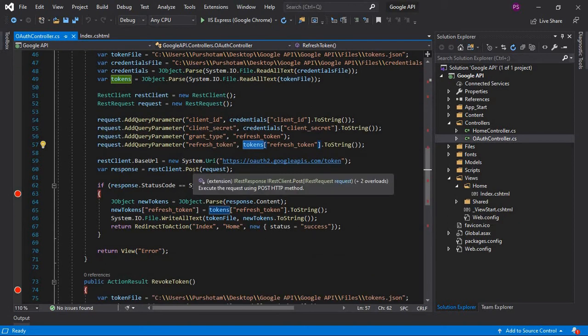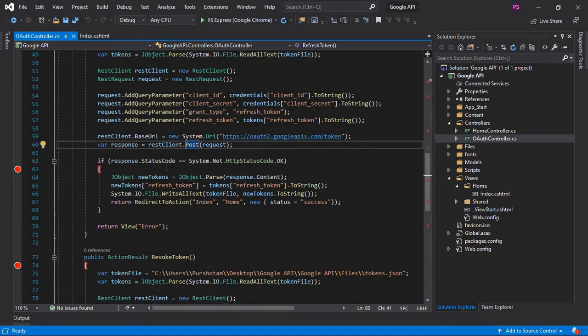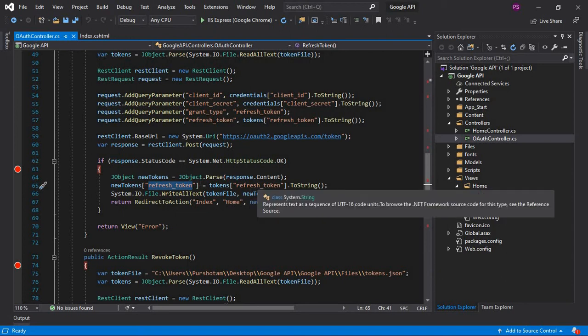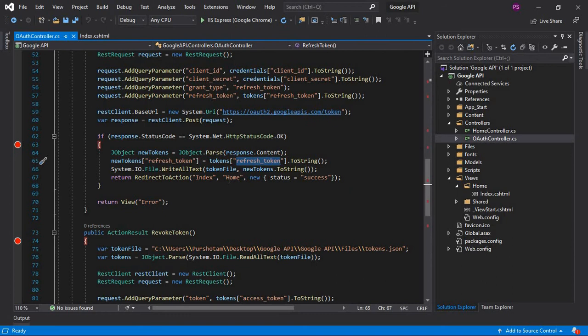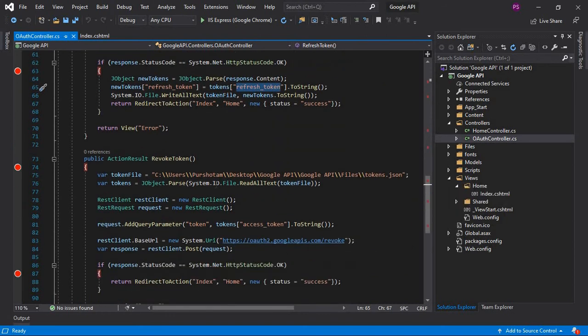So now I am making a post request, and in the response, if the status code is okay, I am appending my refresh token again, because in the response we are not getting our refresh token again. So I am appending the refresh token and writing back to the same file and navigating to the index page again. So in the revoke token method,